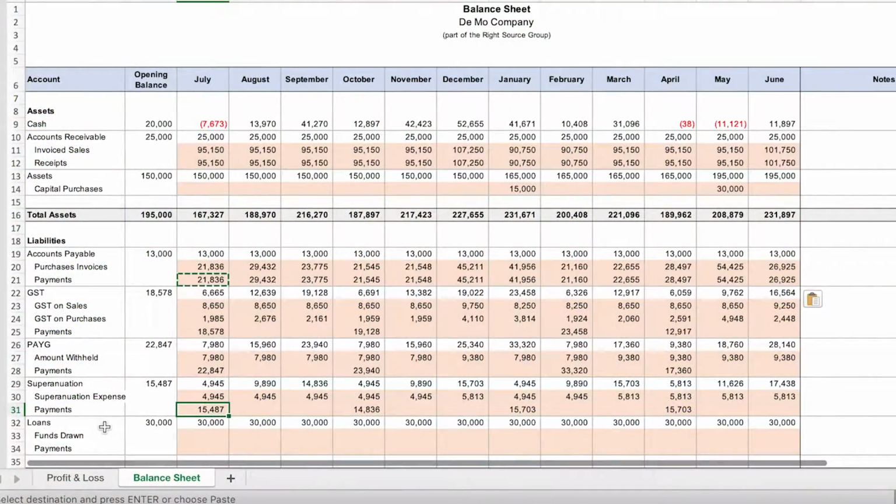Lastly on that is loans. This could be director's loans, it could be loans with institutions, basically a facility that you have to get debt. It's there for you to put in, when you look at your business, if you're going to purchase assets or you're running short on cash, or you're getting cash in and you want to pay down your loans, when you want to do that. And you can schedule that in your budget.